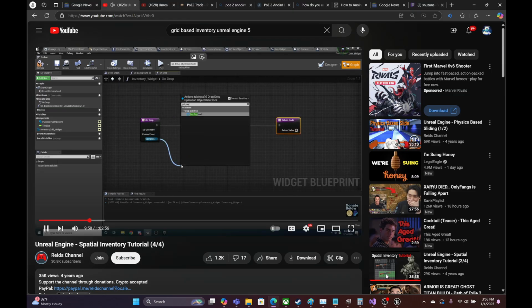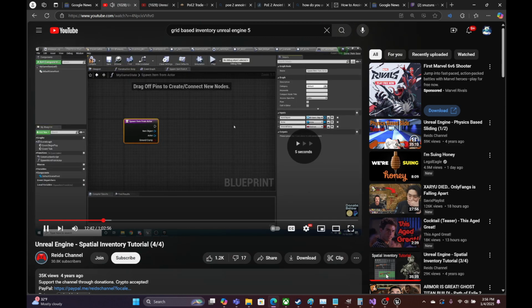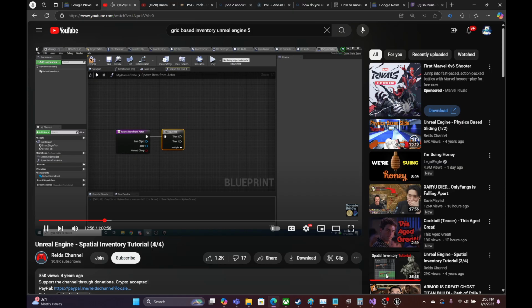So you can say get payload, and here the payload is the item object. And the first thing we want to do is calculate